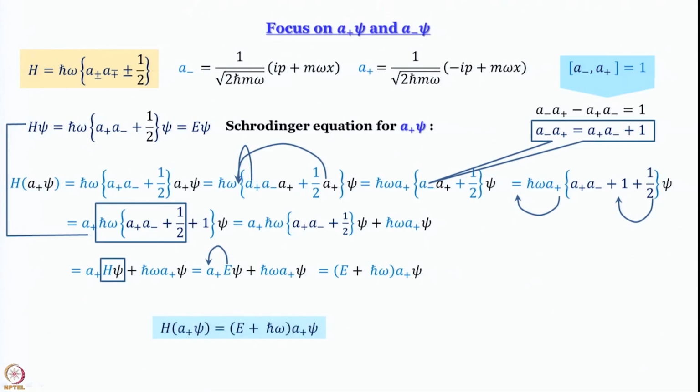Okay. So, what is the final equation? The left hand side was H operating on A plus psi, and the right hand side has become E plus H cross omega multiplied by A plus psi. Remember A plus psi is a function. Let us call it psi dash. So, what we get is H operating on psi dash gives us the same psi dash, A plus psi, back multiplied by, this time, E plus H cross omega. This is a beautiful result, an eigenvalue equation, and the eigenvalue is the energy of the earlier wave function psi